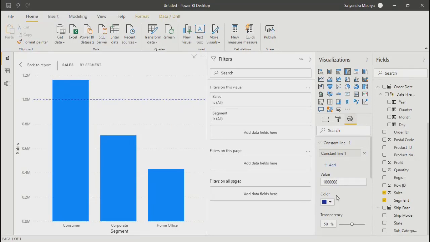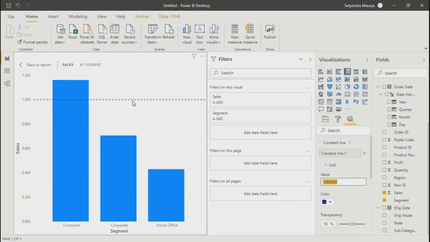So you can fix that target by this line over here. And then you can see the production of other incidents or teams like this. So you can say over here only the consumer segment has achieved their target and the other two are still working. So it is to represent the target kind of thing, target-like scenarios.